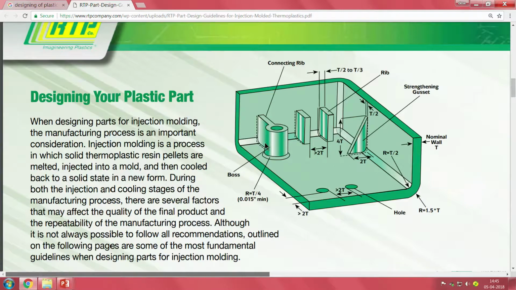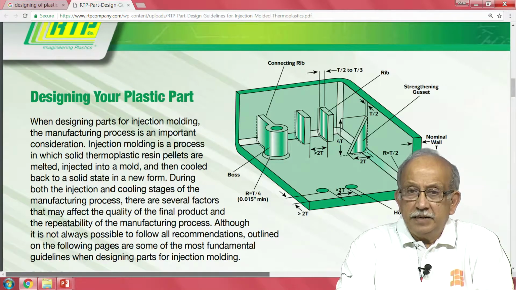Then you have a boss. A boss is what holds a circular piece inside so that a screw or something can be kept there, and then you see this is a gusset, a triangular gusset which makes sure that these things are maintained stiff. This is a strengthening gusset. This is for some other, similar application, slightly better. And this picture has a lot of detailing and data built into it.